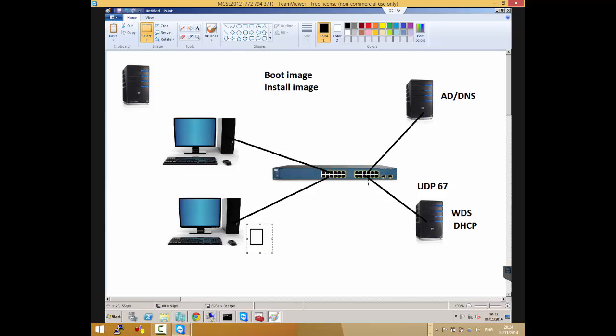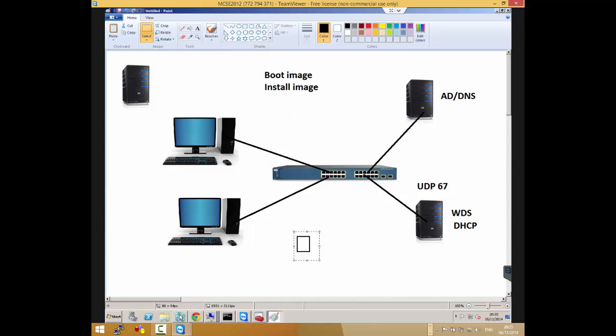So it's a client-server relationship, and it's going to say, this is the install image that I want, and then it's going to start copying that install image to this guy's hard drive, where it's going to run it from. In previous versions, before 2012, it would copy the whole image to the hard drive before it starts running it. But in 2012, once it starts copying to the hard drive, it starts to run it that way.